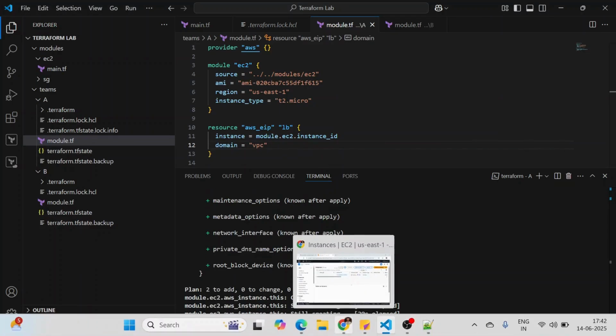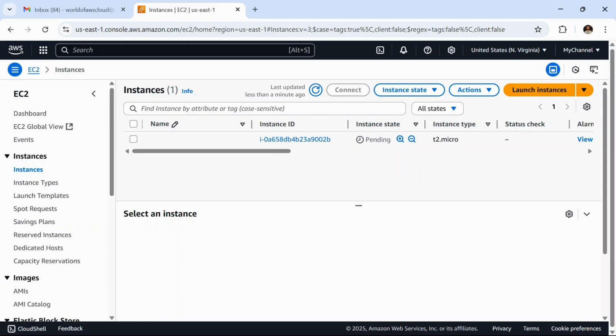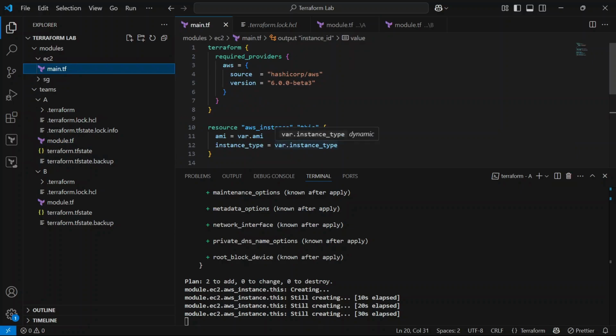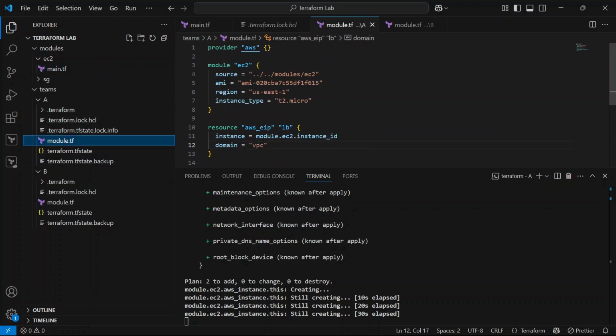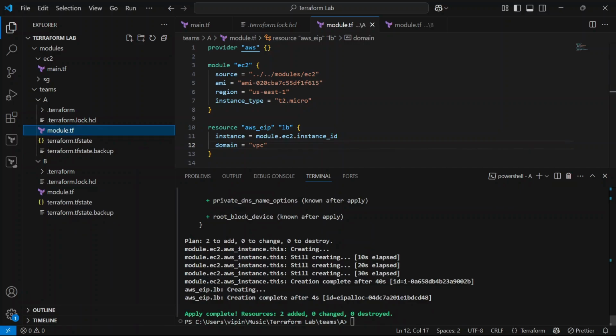After the creation of this EC2, we will be able to see the attachment of the elastic IP, and using the instance ID we are attaching the elastic IP to this instance. As you can see, the module AWS EC2 instance is still creating, and it's also creating the AWS elastic IP.